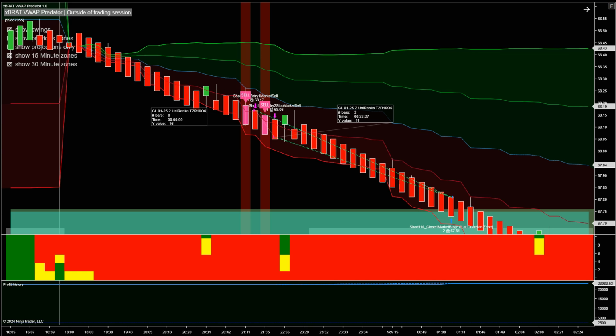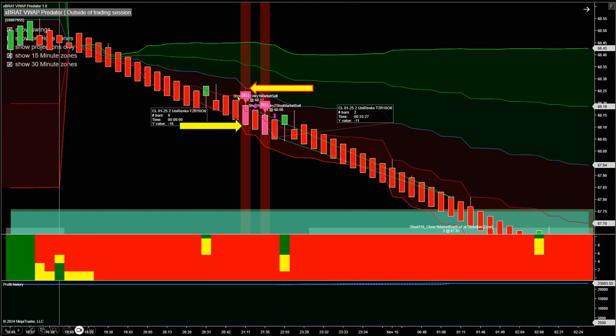The VWAP extensions, again, you can see when we get that reopen, they're very close together here. So it's important you ensure you have that sensible minimum risk as well. Otherwise you're going to get tipped out of trades, because remember that if they're that close together, when we take in a trade at this point here, our VWAP is the stop. So it's very, very important. That's our sell signal, and one tick below is our stop at that point. That's 16 ticks. So if we had a minimum of 15, that would meet that criteria